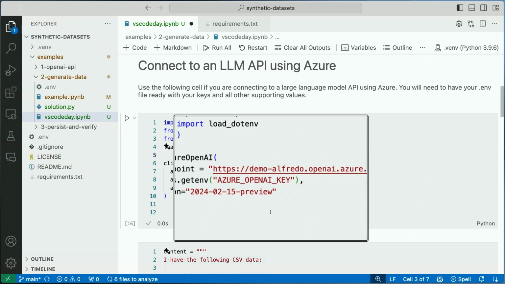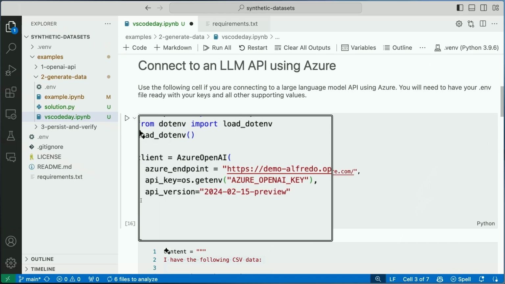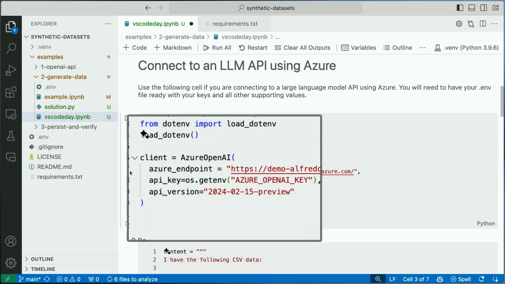And that's kind of like my endpoint. And it's protected. Nobody can access it unless they have this special key, which I have right here, called Azure_OpenAI key. Now, that's not the actual key. That's an environment variable. So I have a special file in my system, and I've used this very neat library